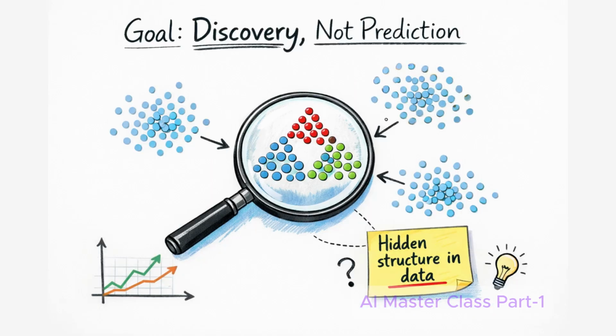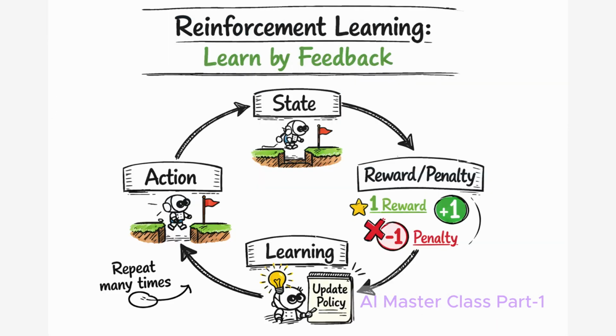The last type of learning is reinforcement learning. It works in a very different way compared to the other types of machine learning. In this approach, the machine learns by trying different actions and observing the result. The machine takes an action in a given situation, and based on the action, it receives feedback from the environment. If the action is good, the machine gets a reward, but if the action is bad, then it gets a penalty. Over time, by repeating this process again and again, the machine starts to understand which actions lead